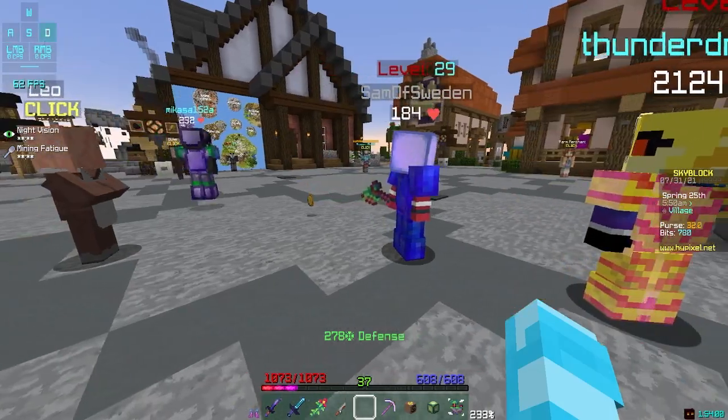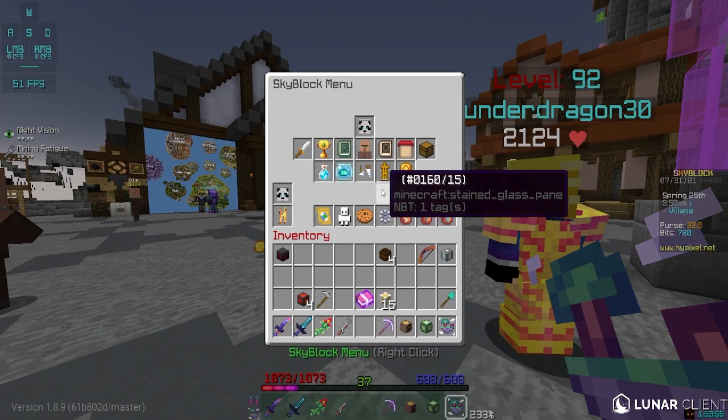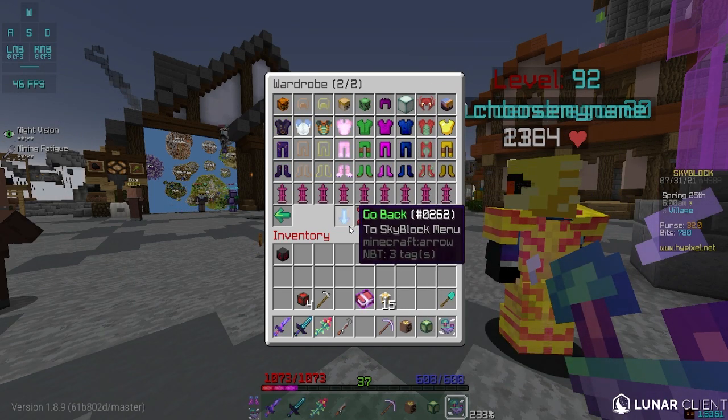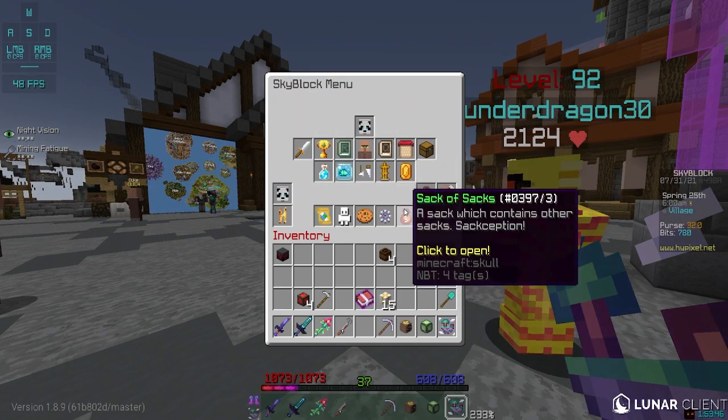Now the best way to do that is crystal armor. Wait till like noon, and then stand in a certain spot. I'll show you, but I have crystal armor somewhere in here, right? Nope, apparently not. Alright. Well, I do have crystal armor, I just don't have it on my wardrobe, but...